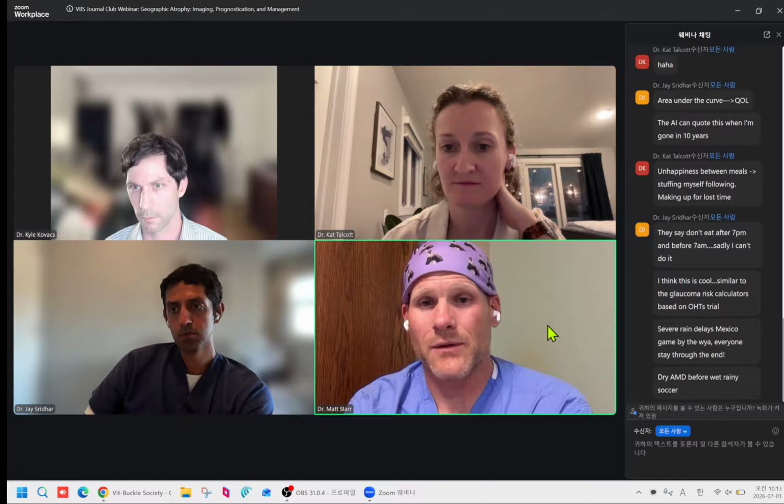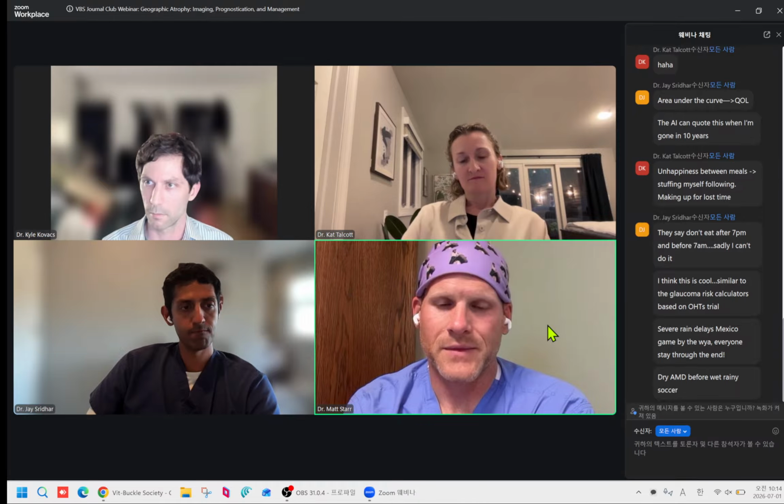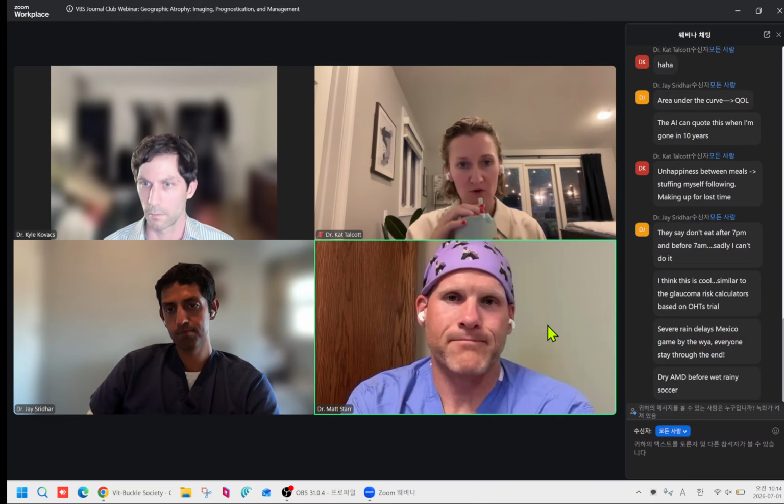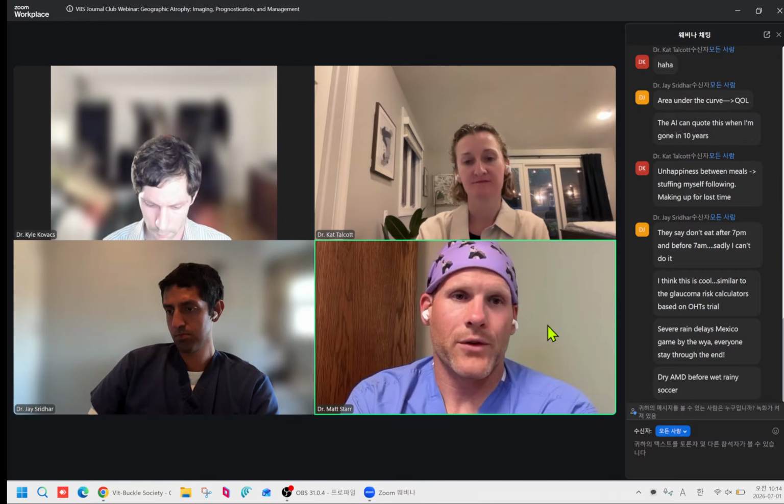Manual image analysis and algorithms are fraught with some reproducibility issues. And then the big thing, and they talk about this quite a bit, is they don't include systemic or ocular risk factors. So they're not including pseudodrusen, they're not including other eye involvement, they're not including any genetics. And they talk about how this is, again, a proof of concept, potentially a starting point that can help